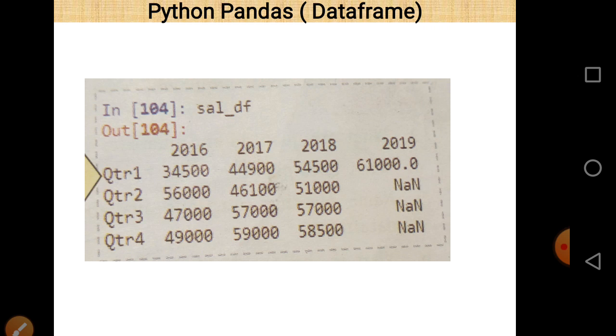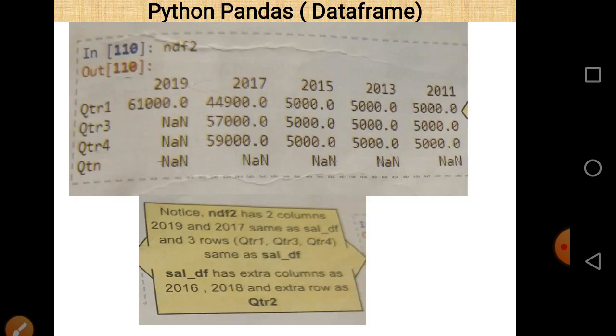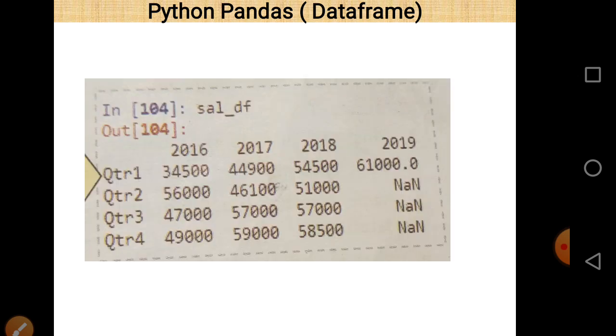So some column names are not common, some of them are common. In SAL_DF, Q2R1, Q2R2, Q2R3, Q2R4 are the index values, and in the NDF2 data frame Q2R1, Q2R3, Q2R4 are there, but Q2R2 is not there, which is part of SAL_DF.